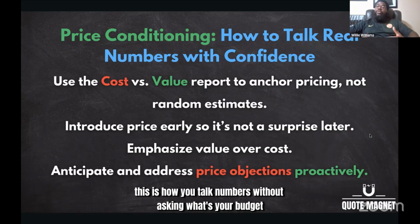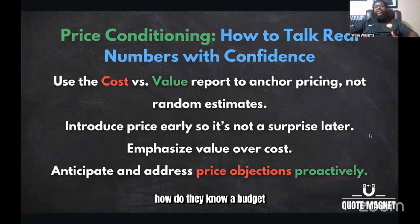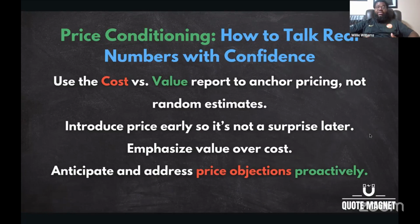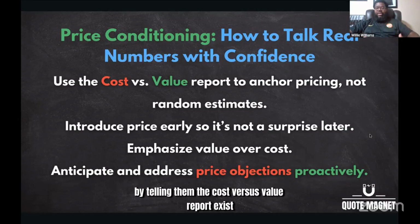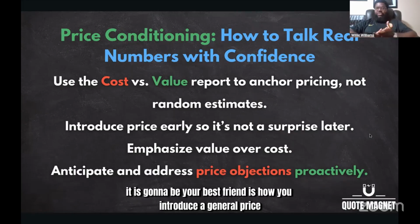This is how you talk numbers without asking, what's your budget? What's your budget is a freshman level question. How do they know a budget if they don't have any idea what something is going to cost? So this is about push pull. This is a time where we're pulling from them by telling them the cost versus value report exists. They don't have any idea it exists. It is going to be your best friend. It's how you introduce a general price